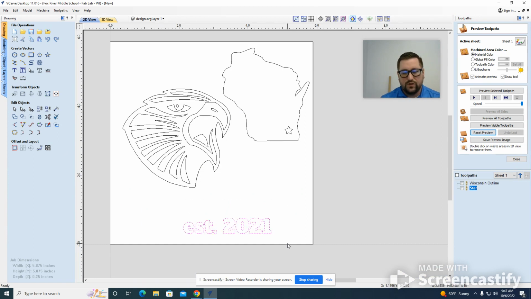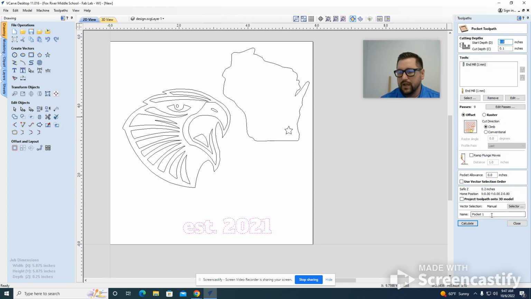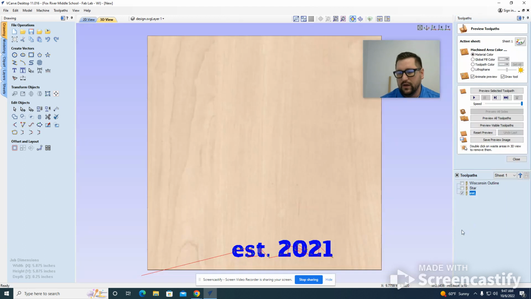Okay, so let's try this one. Again, I highlighted it. I'm going to go to a pocket. I'm going to give it a name. I'm going to just give it the EST and click calculate and click play. And that does work. Okay. I'm going to